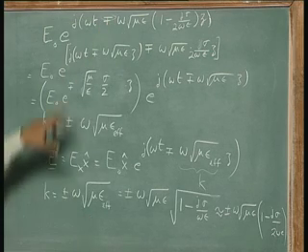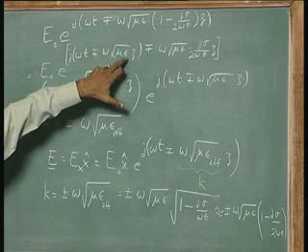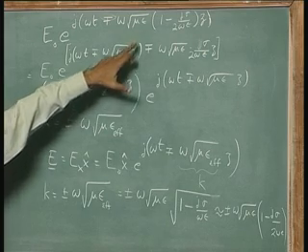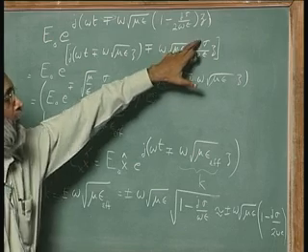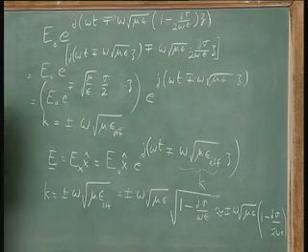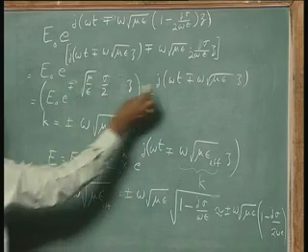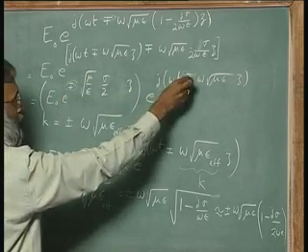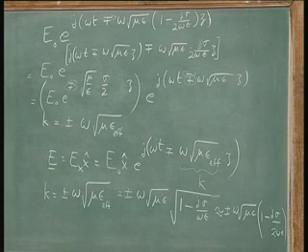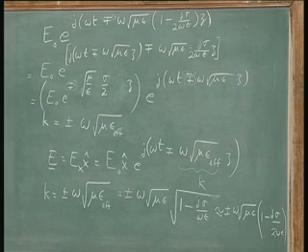In that case, I would have got e to the j omega t minus omega square root of mu epsilon z, and I would have also got minus omega square root of mu epsilon sigma over 2 omega epsilon. So, it means that this minus sign goes with this minus sign, and this plus sign goes with this plus sign. So, I actually have two separate solutions here,